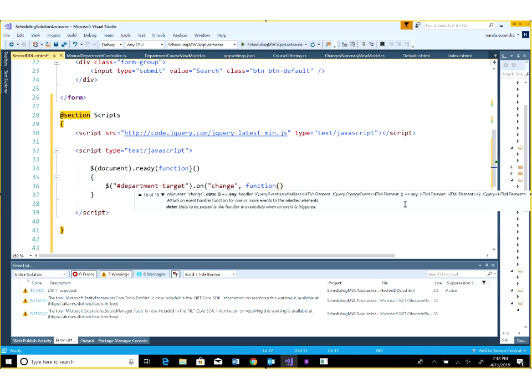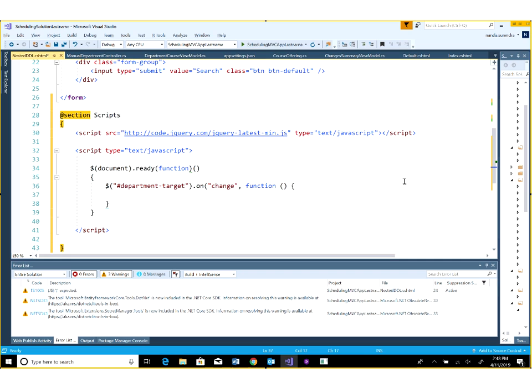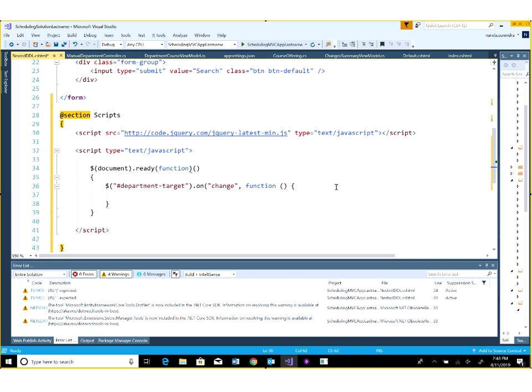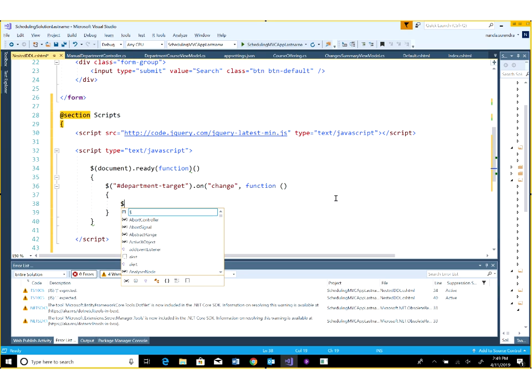I like the curly braces to be lined up, but that doesn't matter in terms of the actual code itself. It's more a preference for whoever is doing the programming. So what I want to do is, if the department value changes from the drop-down, if the user chooses a value, I want to start repopulating